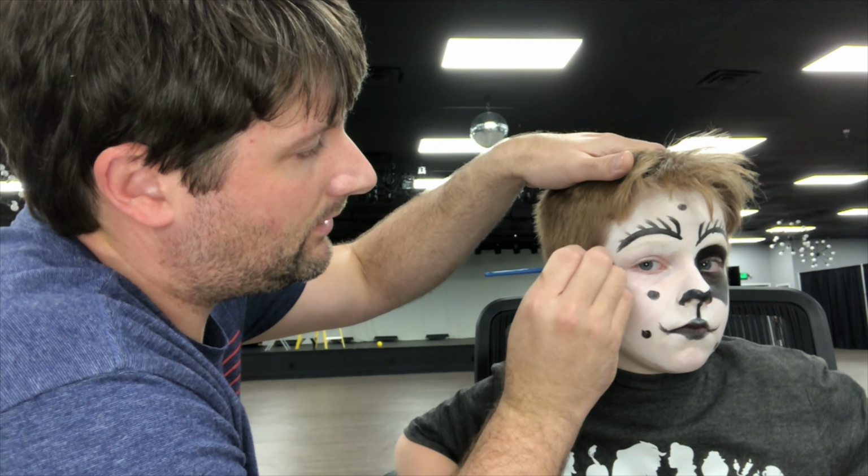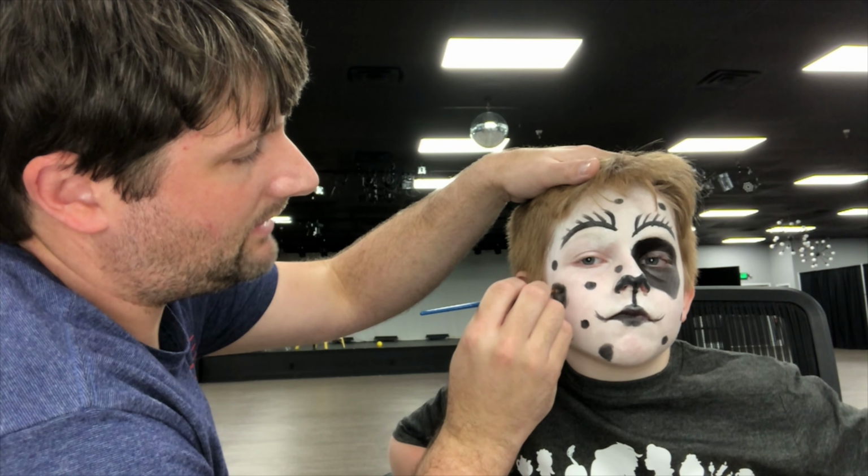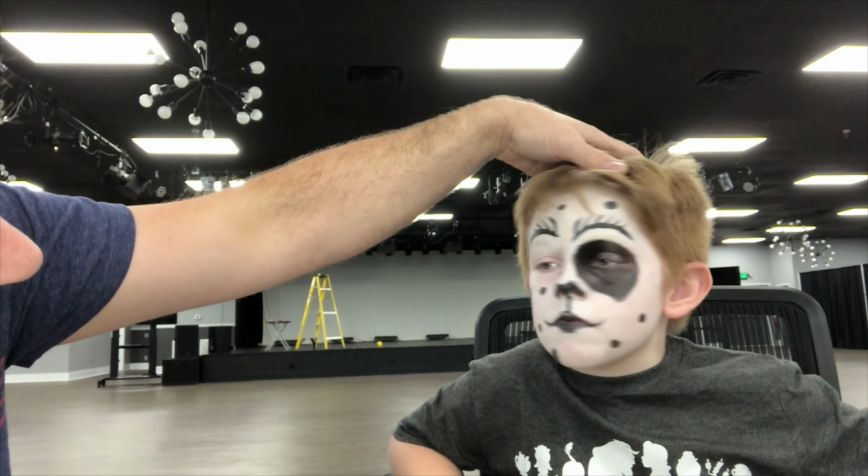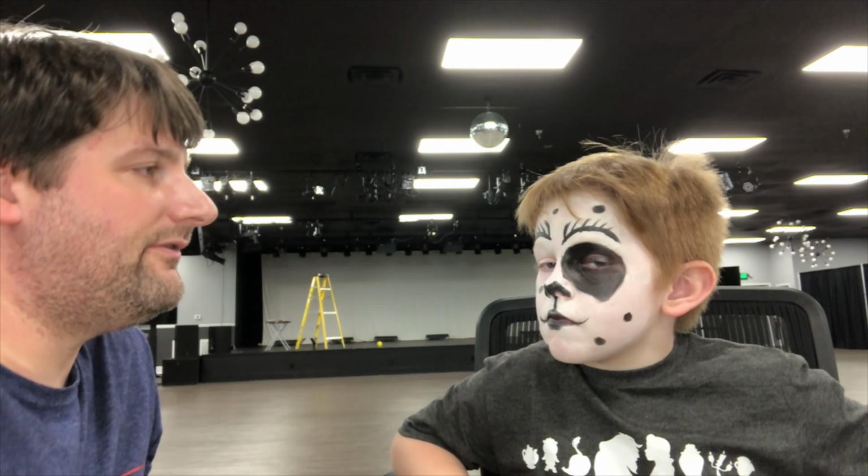I'm gonna come down here and put a big one. You notice that one wasn't as dark, so I'm gonna have to put a little bit more makeup on there. And I'll go back and fill it in again, because now it won't be so gray. But start in the middle and work your way out, because it helps you avoid leaving gaps. I'm gonna take that big one we did with the sponge, and I'm just gonna take this little brush and fill it in. So now you see, he's got all of his little spots. And when you feel like you've done enough spots, then what you can do is,